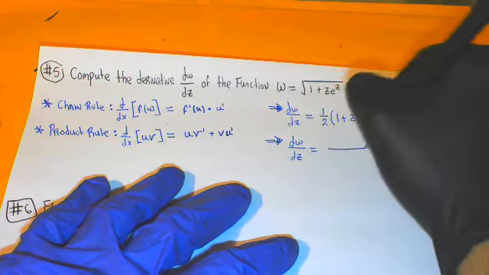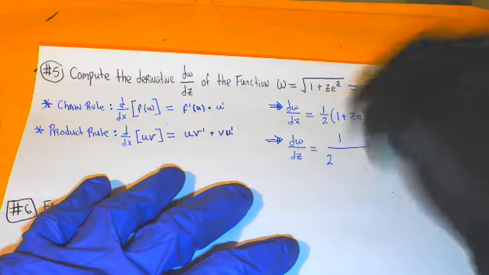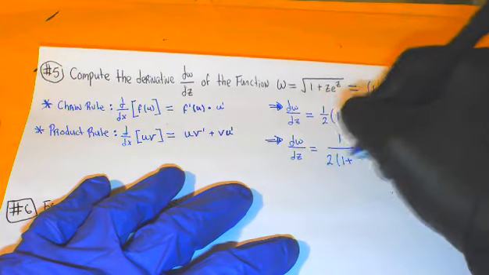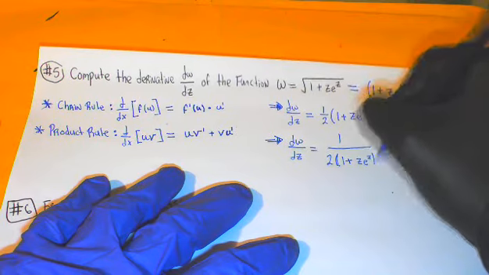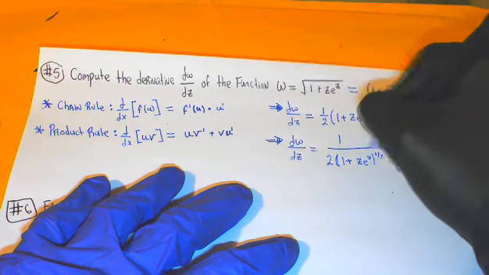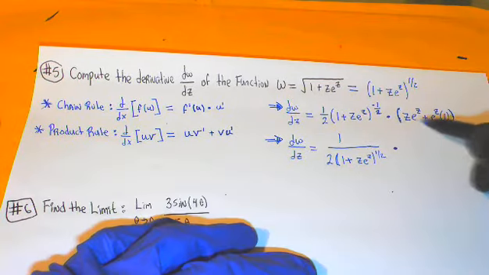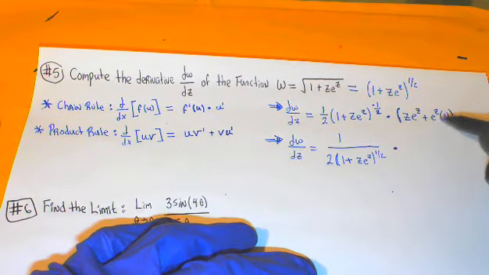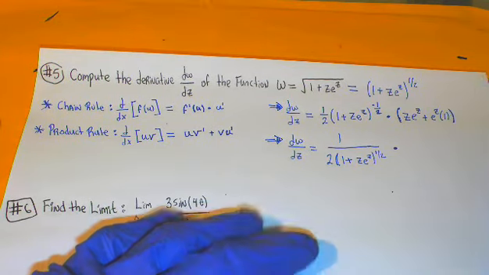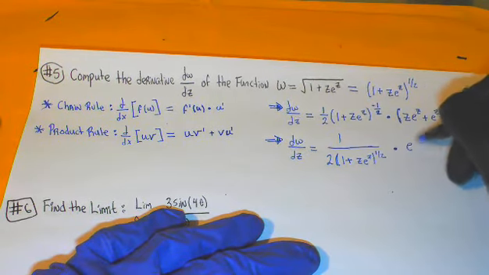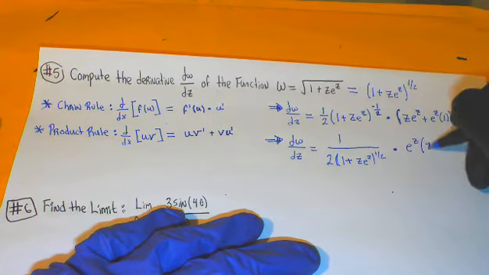So we're going to have 1 over 2 times 1 plus z e to the z raised to the power of 1/2 times, now here, z e to the z plus e to the z, if I wanted to, I could have factored out an e to the z, so that will give me e to the z times z plus 1,